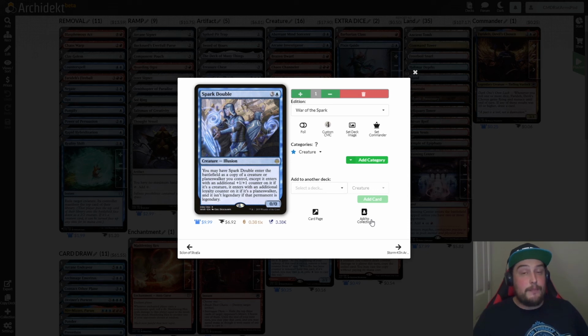Next we have Spark Double. This is 3 and a blue for a 0/0 Illusion. You may have it enter the battlefield as a copy of a creature or planeswalker you control, except it enters with an additional +1/+1 counter on it if it's a creature. It enters with an additional loyalty counter if it's a planeswalker, and if it is legendary, it's no longer legendary. So this is going to make you a second copy of your commander, a second copy of a Niv-Mizzet,